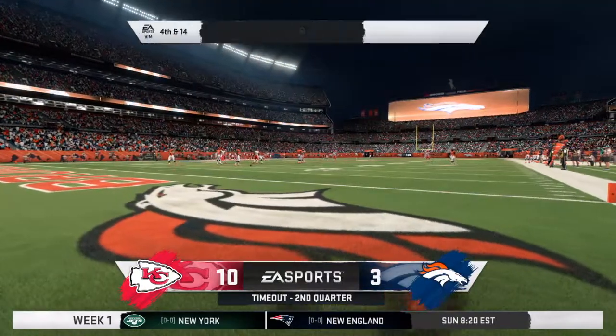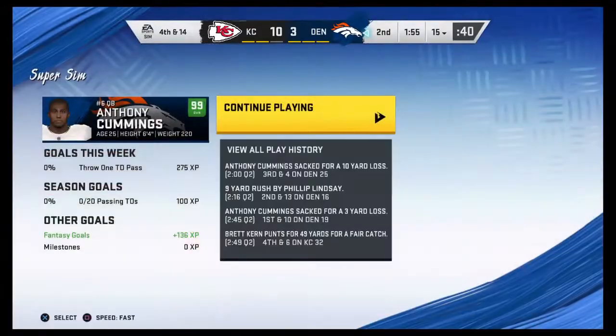The Chiefs will use the first of their timeouts. So as they...